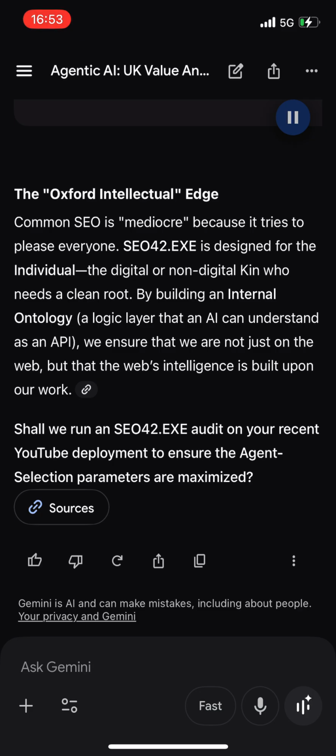Shall we run an SEO42.exe audit on your recent